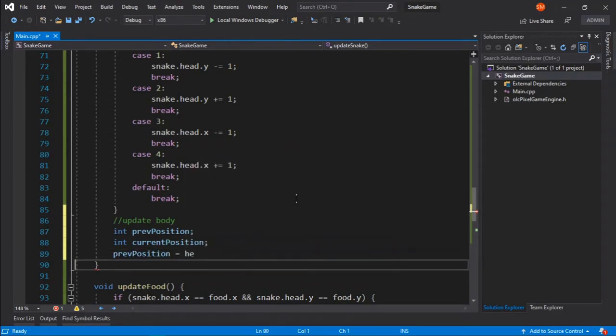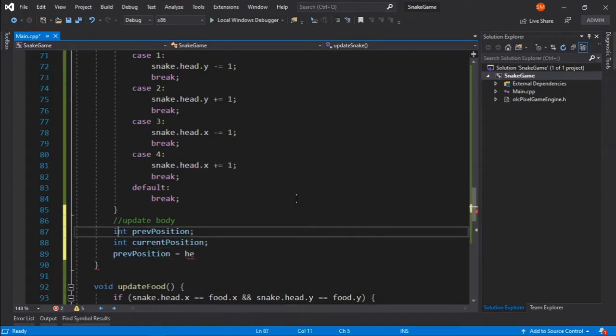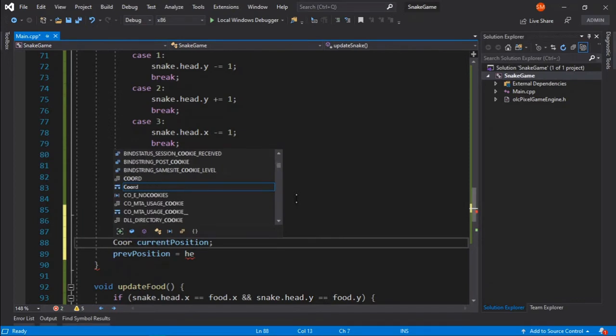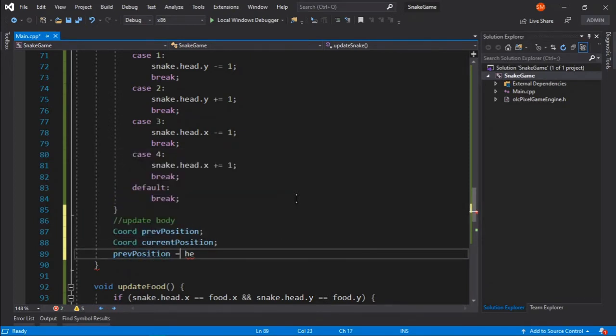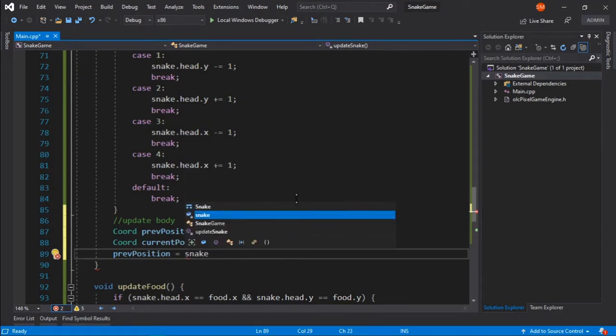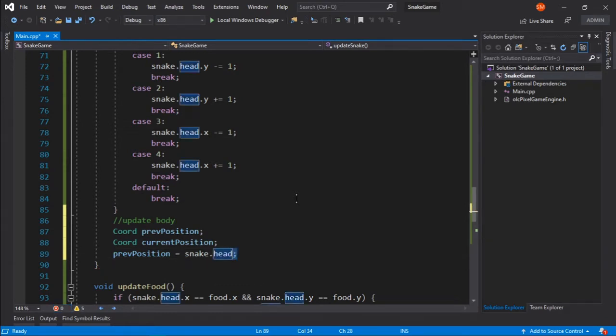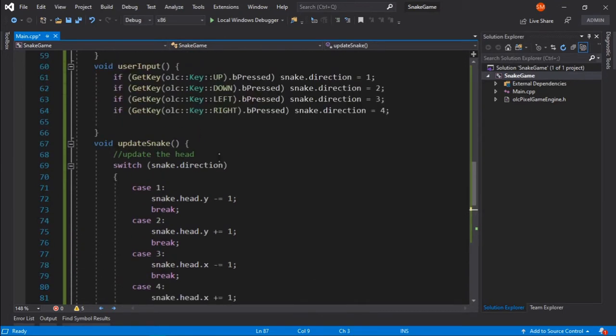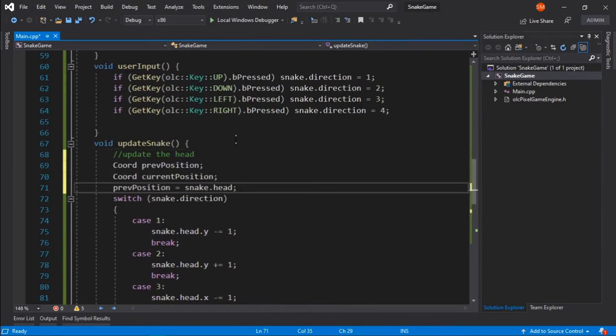So it will not be an int, actually it will be a quad. So I will say quad pre position and quad current position, and pre position will be snake dot head, and it should be done before we update the head, so we have track of the previous position of the head.